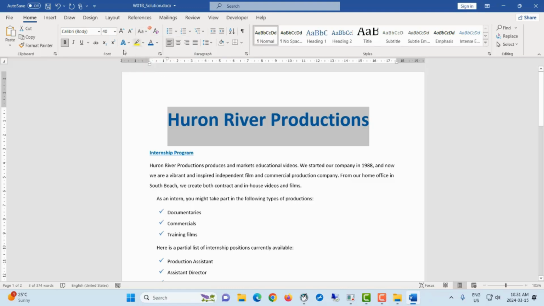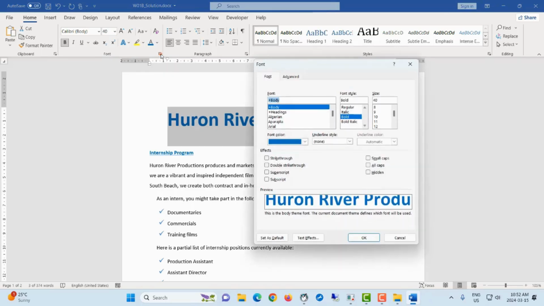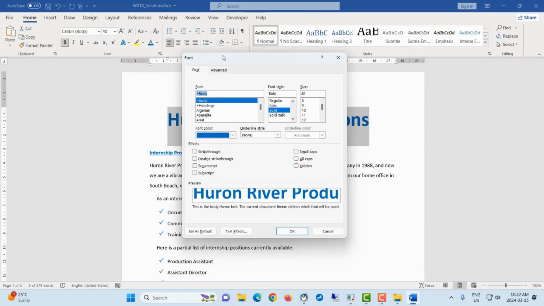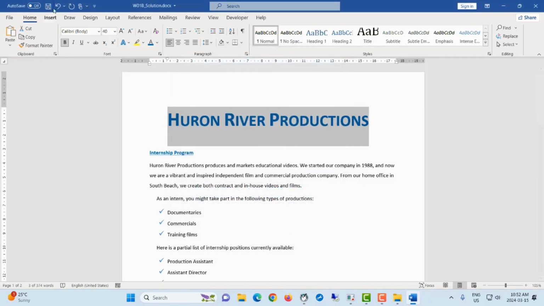To get small caps, we will have to open the font dialog box the same way we did the paragraph dialog box to get tab stops. We're going to do that by clicking on that little icon on the right of the font grouping. There is the font dialog box. So you can still get your font there, your bold, your size, everything. But what we are interested in here is small caps. All right, and then OK, you will see that